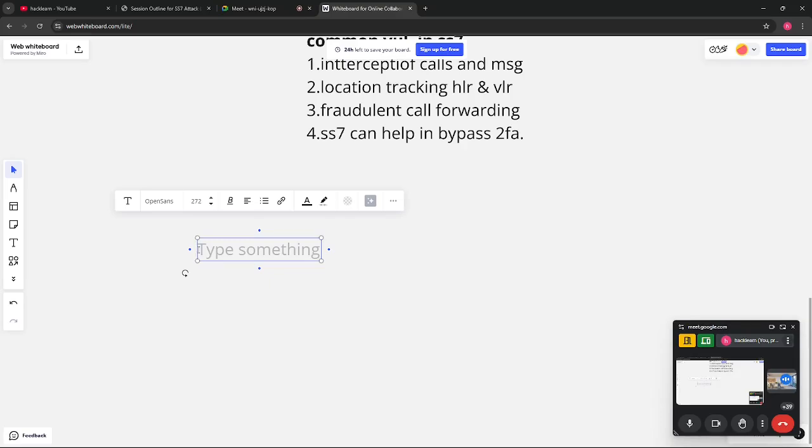Don't try to intercept. You can also use Wireshark to monitor the SS7 traffic going through your network. If you intercept the traffic, it is in plain text format. Even if you intercept voice over IP calls, you will clearly hear every single word going through the voice over IP. So intercepting is quite easy here.